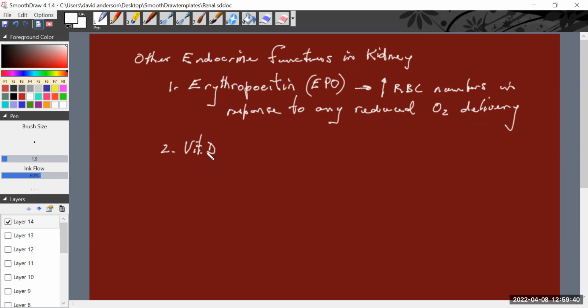We have to have a second conversion in the kidney. So we go from pre-vitamin D in the keratinocyte, one change in the liver and a second change in the kidney. Final steps to activate